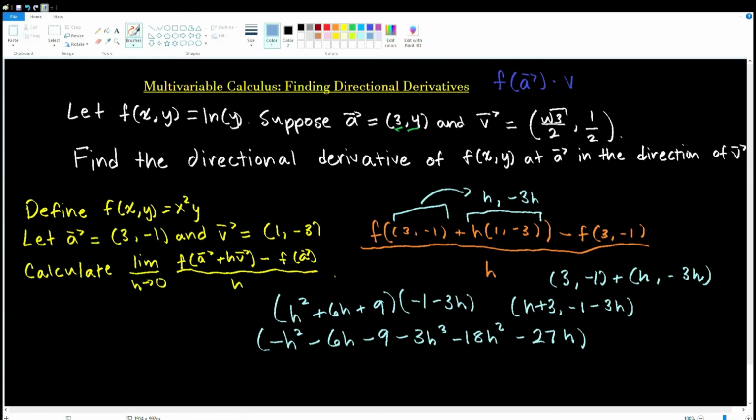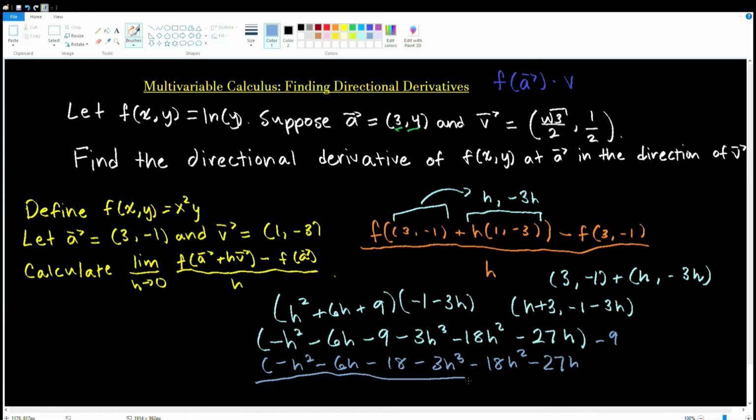Now we need to subtract f of a, and it already told us to do 3 squared times y: x squared, which is 9, times y, negative 1, gives negative 9, and we subtract this negative 9. Well, let's see, this and this will become negative 18, so we finally have negative h squared minus 6h minus 18 minus 3h cubed minus 18h squared minus 27h